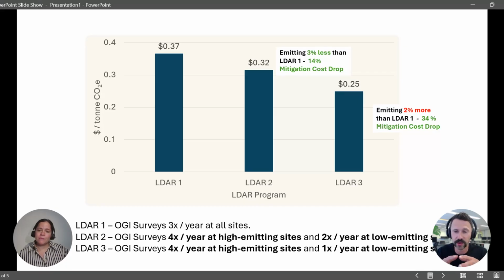And then you said, okay, what happens if we are a little bit more intelligent about where we send our resources? And you discovered a program where you can achieve basically the exact same environmental outcome by spending 34% less